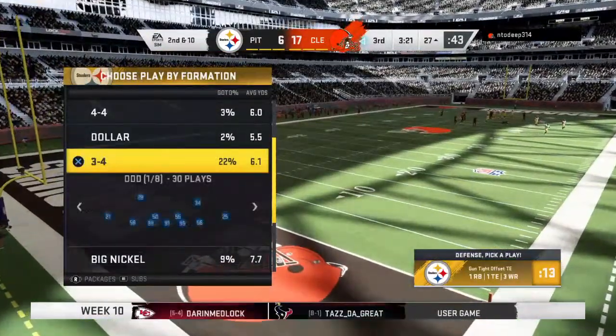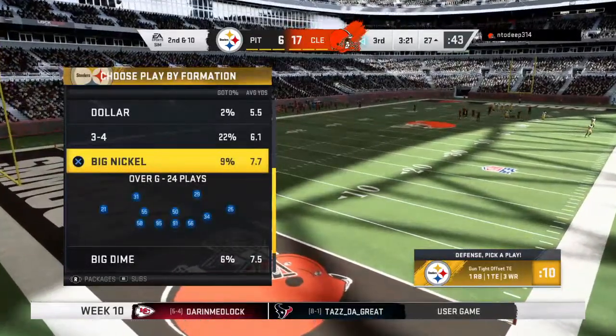Keep playing hard, fellas, all day. Woo! Let's get